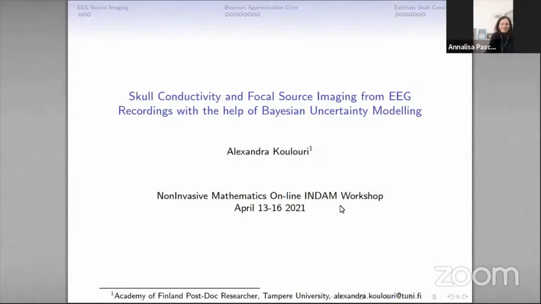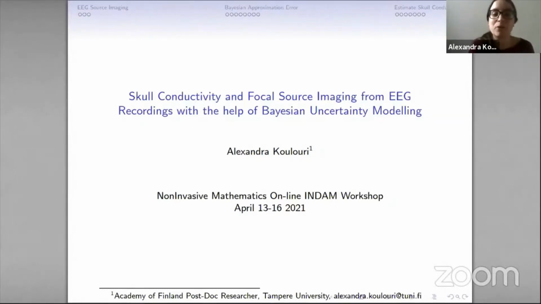For researchers who are working with inverse problems, we know that having an accurate observation model is quite crucial in order to get quite good estimates. But in reality, many times what we have to do is use a generic model, or heuristically put some parameters in our modeling and solve our inverse problem. So in this talk, I will